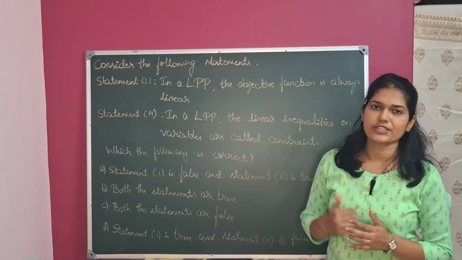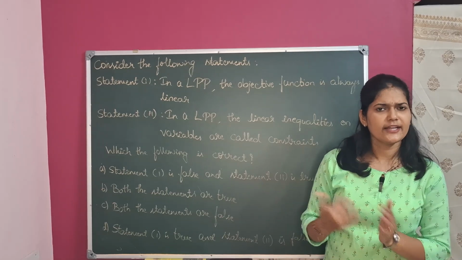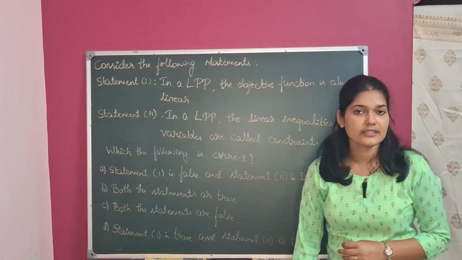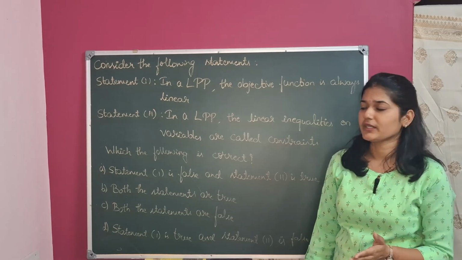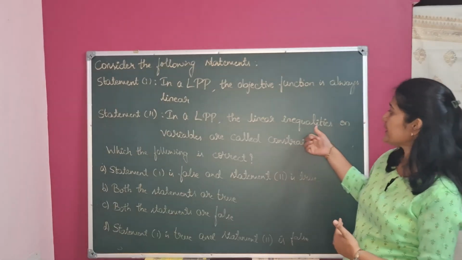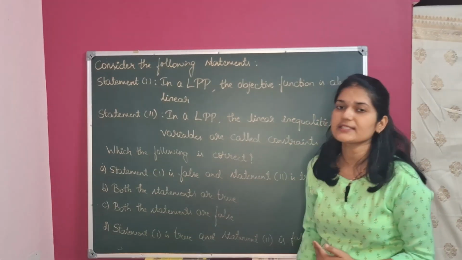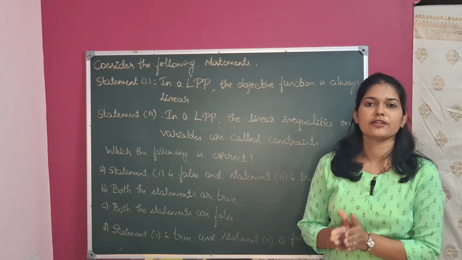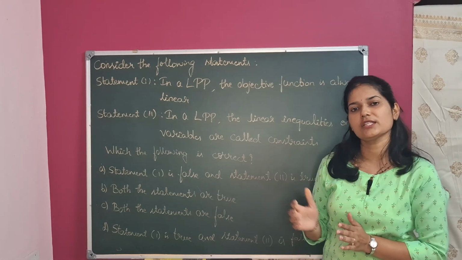This is again a problem related to statements. They have given two statements related to LPP. So let us check the statements. The objective function is always linear, which is a true statement. And statement 2 is linear inequalities on variables are called constraints. Again, this is a true statement. Therefore, the answer is both the statements are